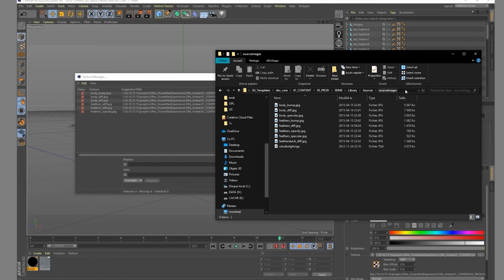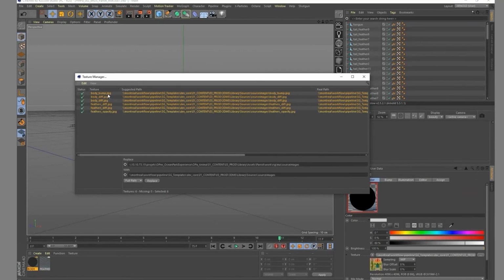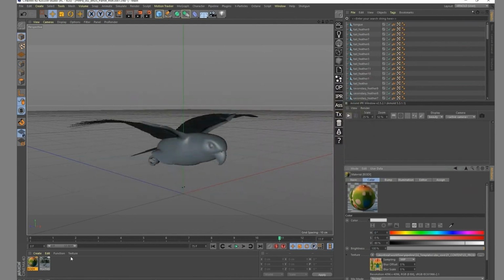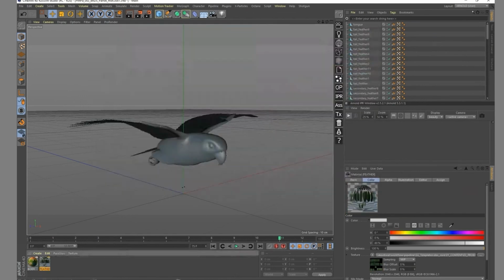So what I can do straight away is copy that path, paste it right here, and search inside of that file path, for example, copying everything before source images, putting it in a replace, and from now on, if I select everything and do a replace, all my elements are going to be linked. Now my material is doing something normal, showing me that body element and all those feathers. I realize that I have two materials and only one big element so far.